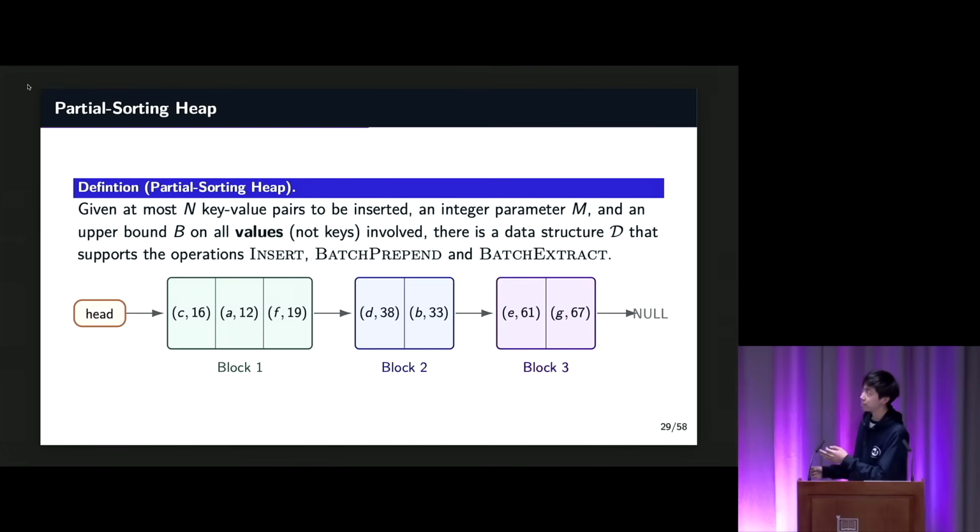Now, this is a block-based data structure, where M, the parameter there, denotes the maximum block size. So in this picture, for example, M could be equal to 3 or anything above 3, really, since all the blocks are of size at most 3. In general, the partial sorting of the data structure comes when you look at the values within each block and between different blocks. So within each block, we allow the values to be unordered. But then between blocks, we must have a total order between these values.